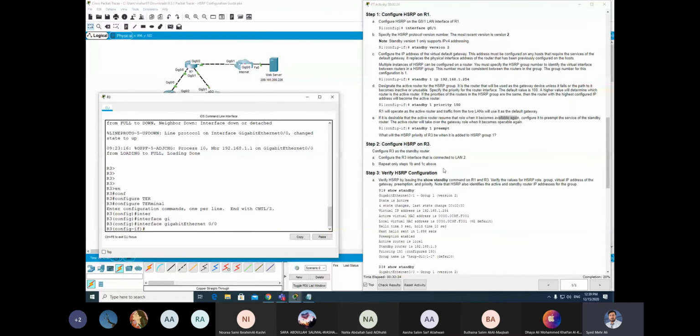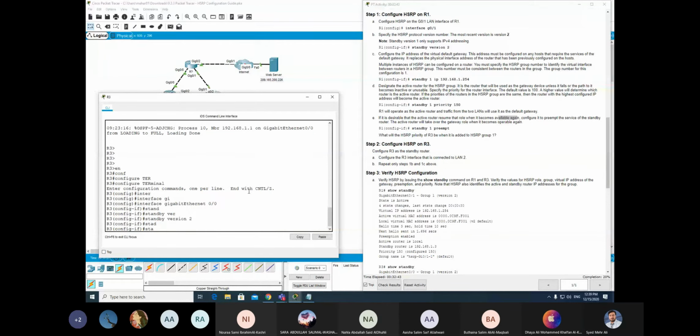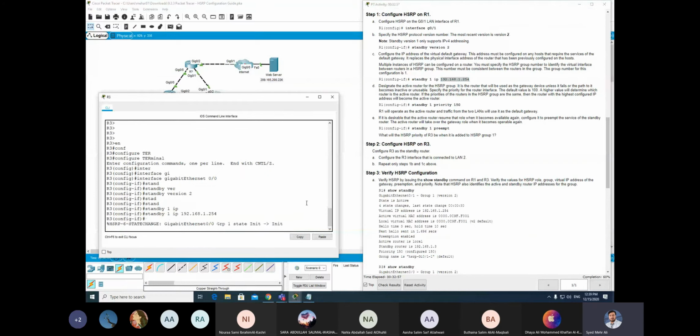Now we need to set standby version 2, because this is the latest version. Then standby 1, group number 1, IP address. We will use this IP address, which is our virtual IP.